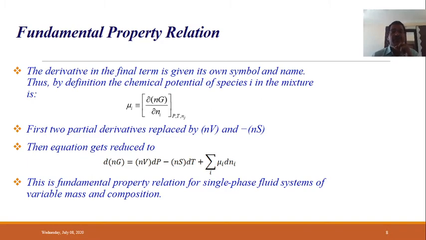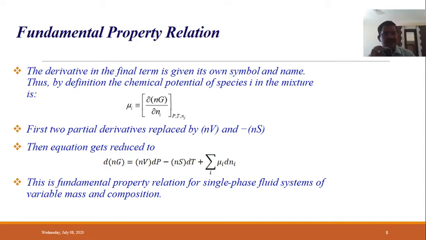This is denoted by the symbol mu i, which is our chemical potential, and this is very important, remember. Chemical potential is useful in defining phase equilibria and chemical reaction equilibria, and based on that many relations can be developed afterwards. So keep in mind this particular relation is very important, and we have to see how it comes. Simply keep in mind that the chemical potential of ith species is the partial Gibbs energy of ith species.